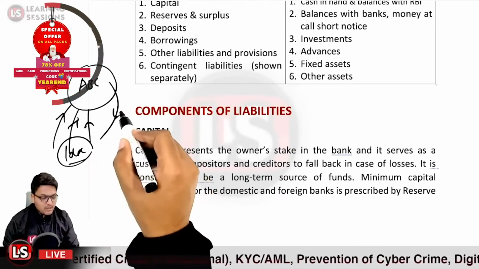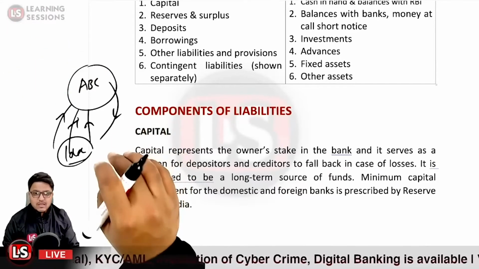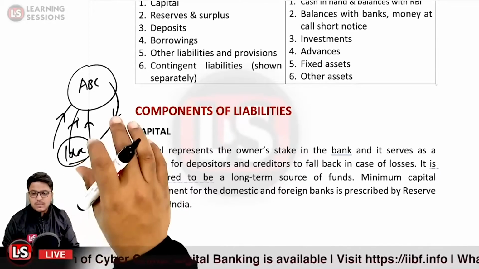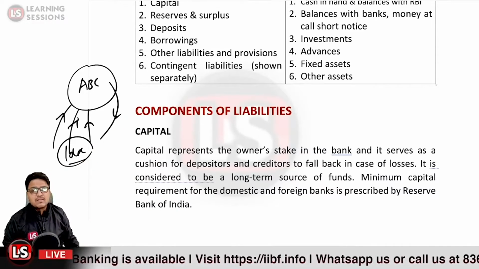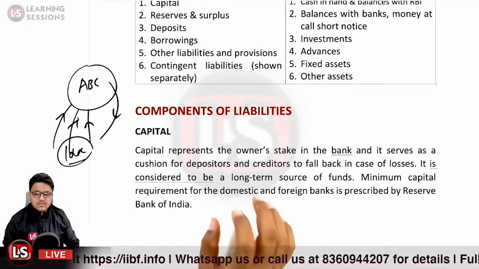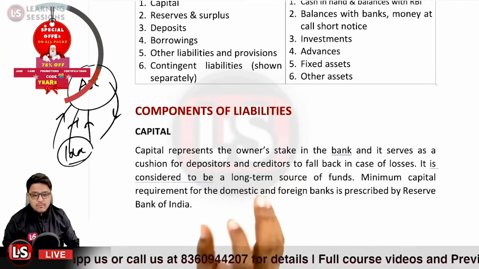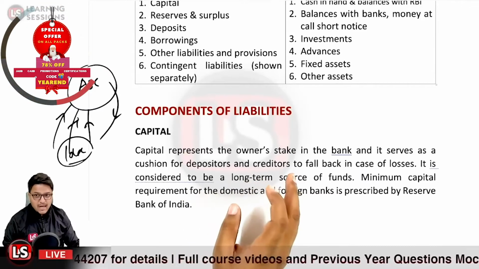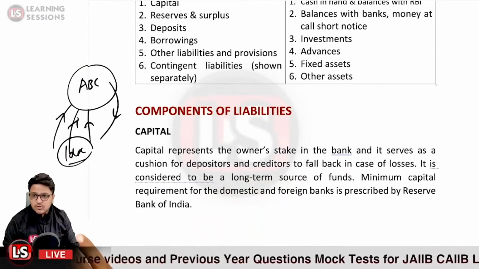When the company is liquidated, or goes through the process of legal death, the money invested by the shareholders into the company is to be repaid by the company itself. It also serves as a cushion for the depositors. Whatever the capital, surpluses and reserves are, they are a cushion for the depositors, because the depositors have deposited their money with the bank, and the bank has an obligation to return that money to them.